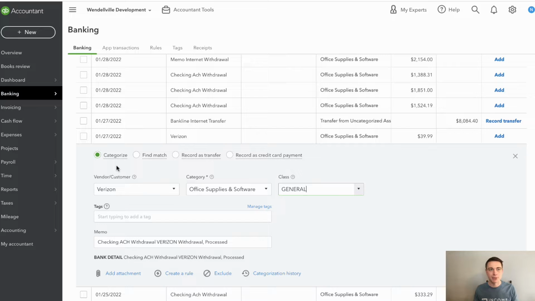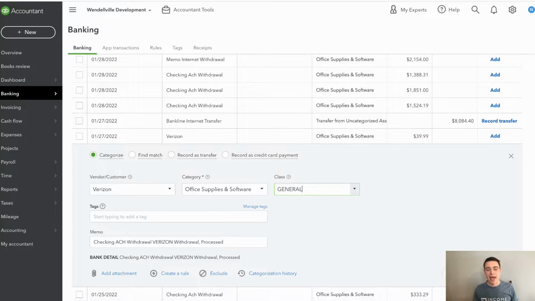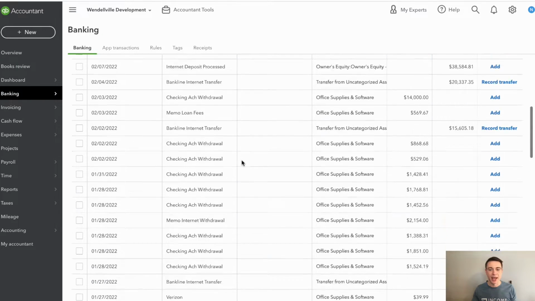Okay, and so this is probably the most conventional way to add transactions, and this is probably the way that you're used to. You click the categorize button, you click add. What the add button does here is it does two things. This is really essential to understanding how this whole thing works. One, it adds the transaction to QuickBooks. So right now my bank balance is 0. After I add this